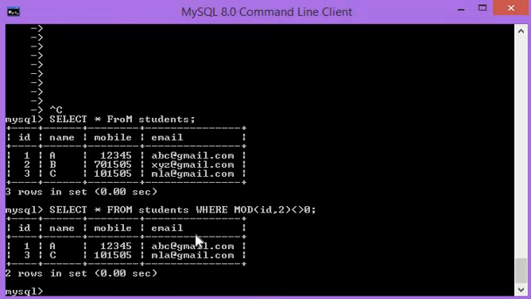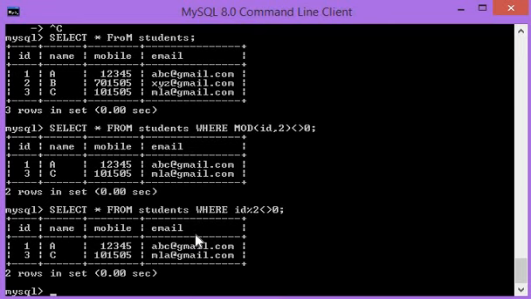And we have already discussed how to fetch odd records without using an inbuilt function, like this: ID % 2 not equal to 0. So this gives the same result as that. The MOD function does exactly this, ID modulus 2. So I think it is clear to you how we can fetch the odd records from a table by using the MOD function, an inbuilt function of MySQL, and without using the MOD function.